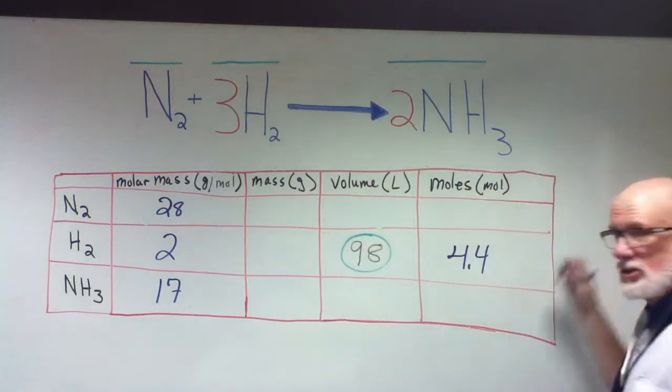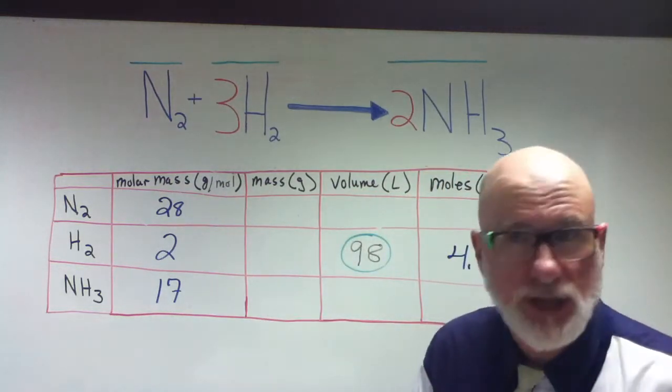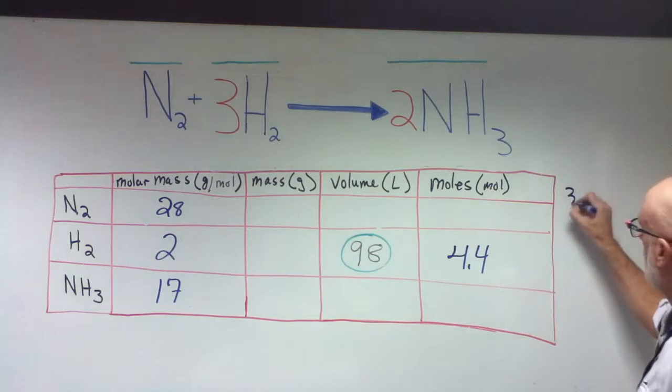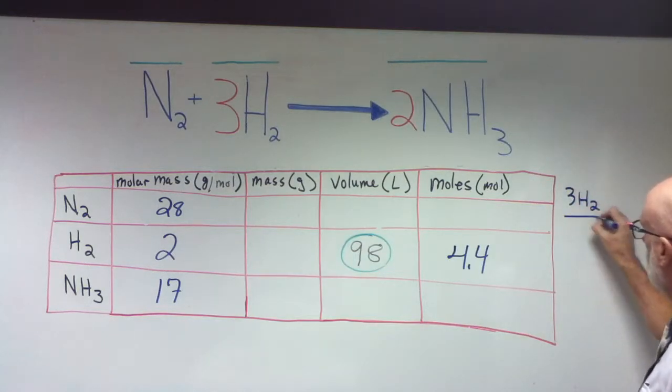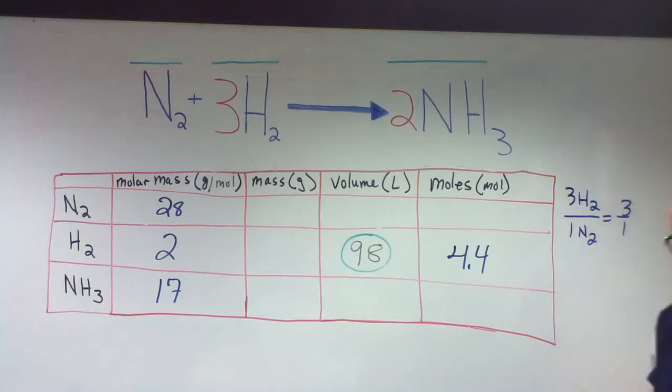So let's put down the constant ratios. It's going to be 3 hydrogen to 1 nitrogen, which is 3 to 1, obviously, correct? Yes. Okay. And then that's going to equal